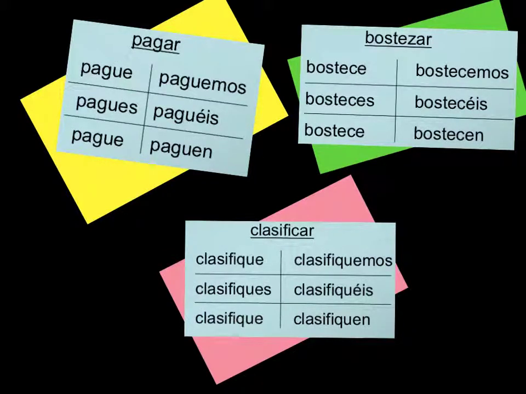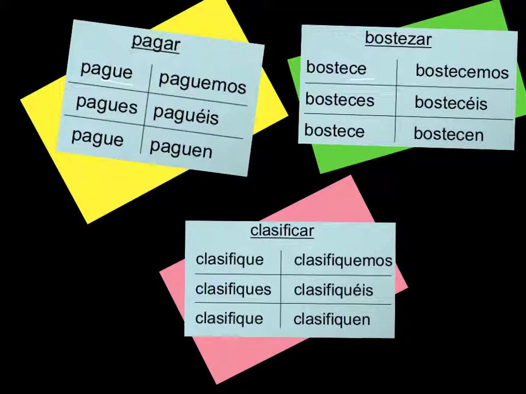This is an example of a gar verb ending, and so when you look at the conjugation right here, you have pague. Now, why do we have that? We have that so that it can maintain that g sound in the conjugation of the subjunctive. And then over here we have bostezar, which is our zar ending. And now here it's a little bit less intuitive. If you can see, you conjugate it so the ending has the se, so it sounds like bostece. You still have that z kind of sound in it.